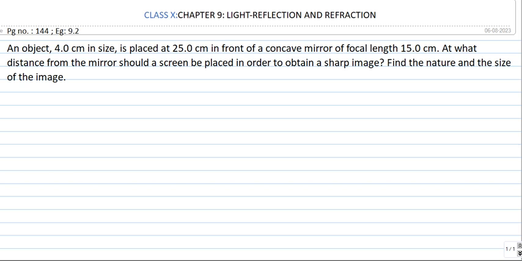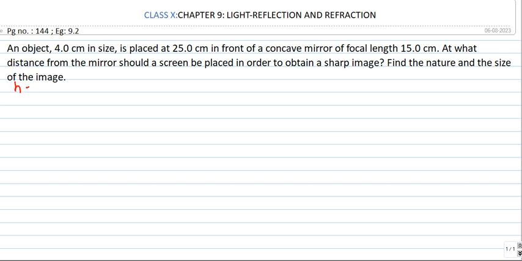An object 4 centimeter in size is placed at 25 centimeter in front of a concave mirror of focal length 15 centimeter. At what distance from the mirror should a screen be placed in order to obtain a sharp image? Find the nature and the size of the image. So what is all given in the